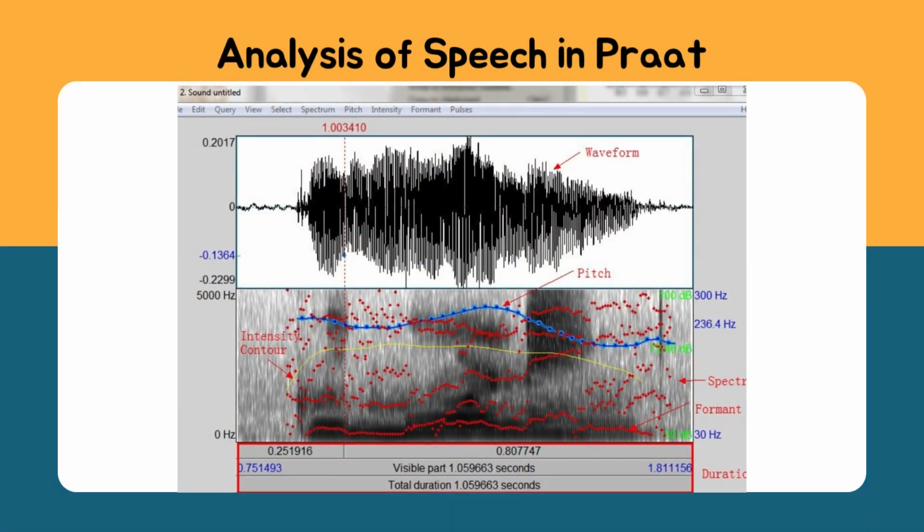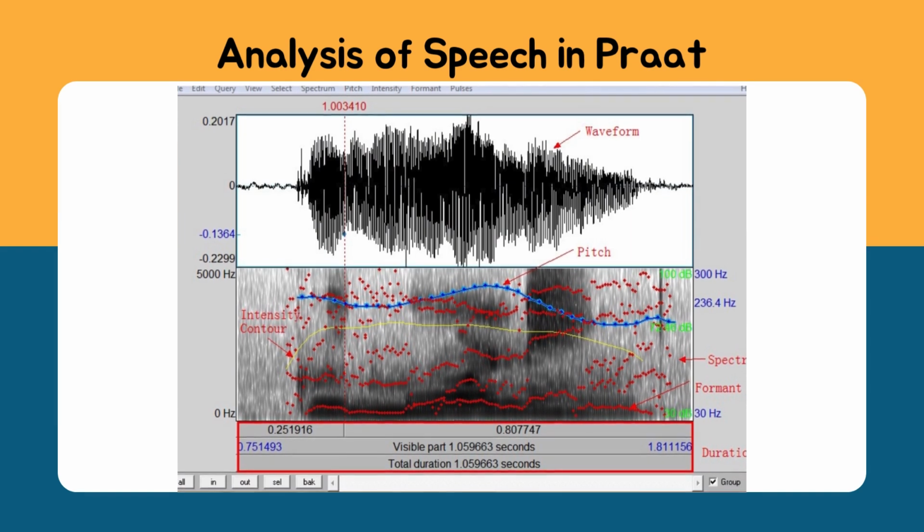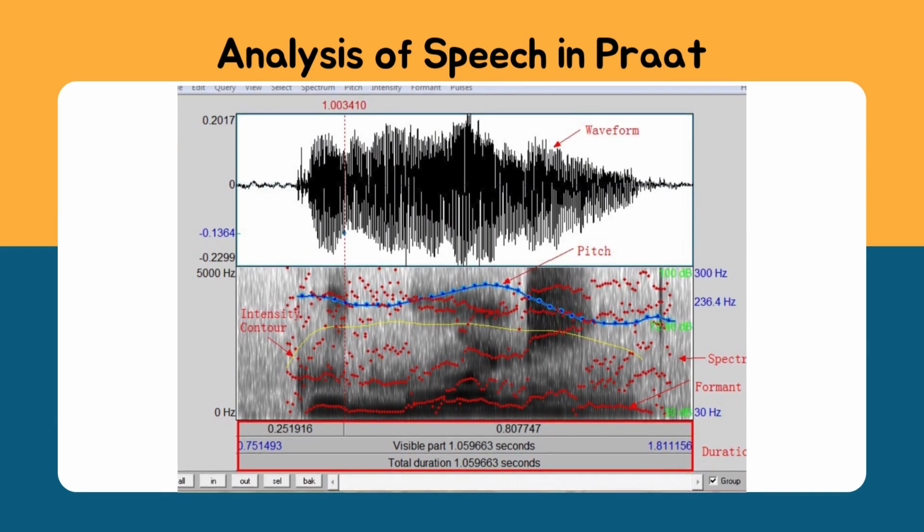Here in this slide, you can see the full analysis of speech in Praat software. When you import an audio, you will see these two visualizations. The one above, the waveform, is the visualization of your sound. When you zoom in 10 times, you will see the spectrogram below. In the spectrogram, you will see all 4 properties of speech sound as we have discussed.